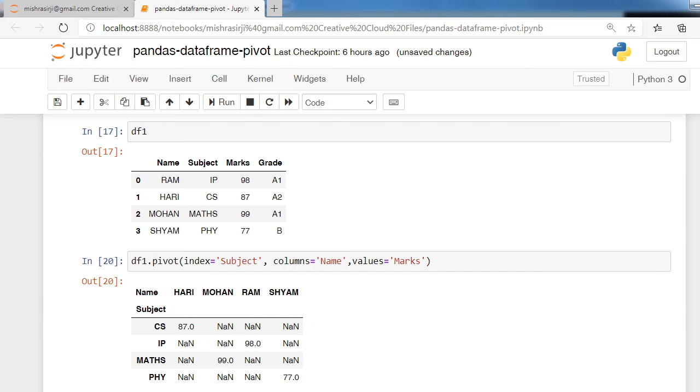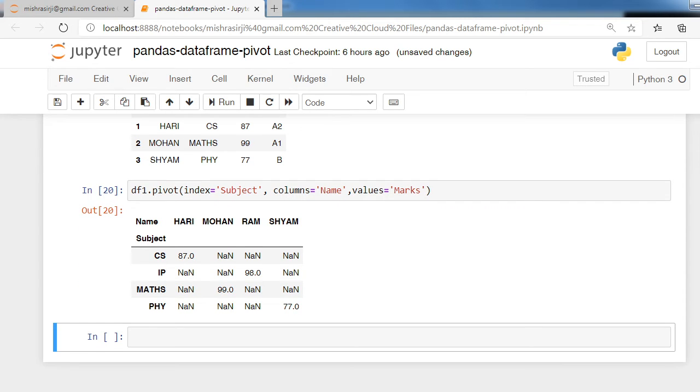Now you can see the output of this function. Okay, so the pivot function has three parameters, and two parameters are compulsory or mandatory. The third parameter may be given as per the user's choice.